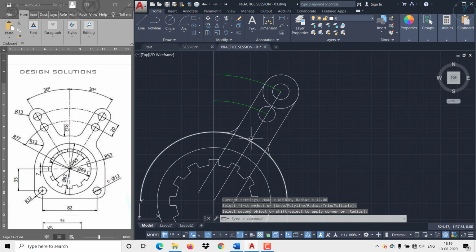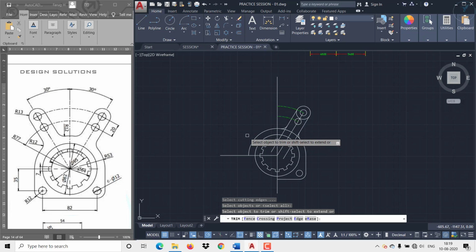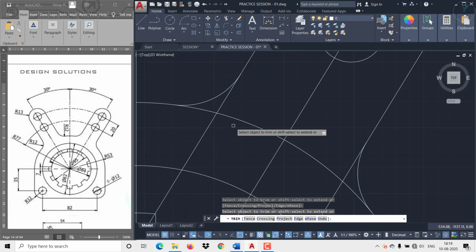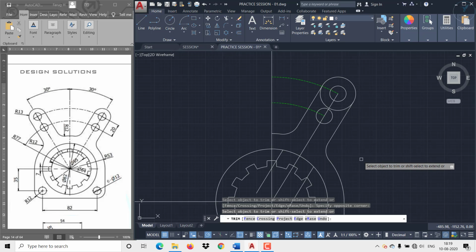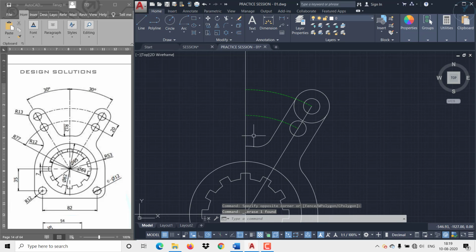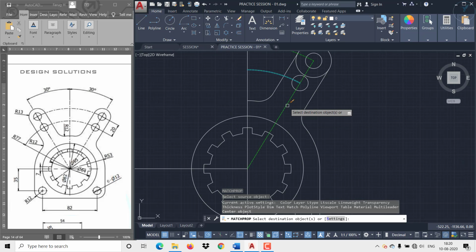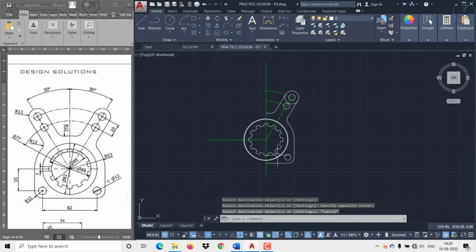Now you can trim the objects. So this we don't require, and this also, this also. The other extra two lines you can select and delete. This one we need to match it. So shortcut for match properties, MA, select the source and the destinations. Fine. So everything done. So we need to do only one thing, that is